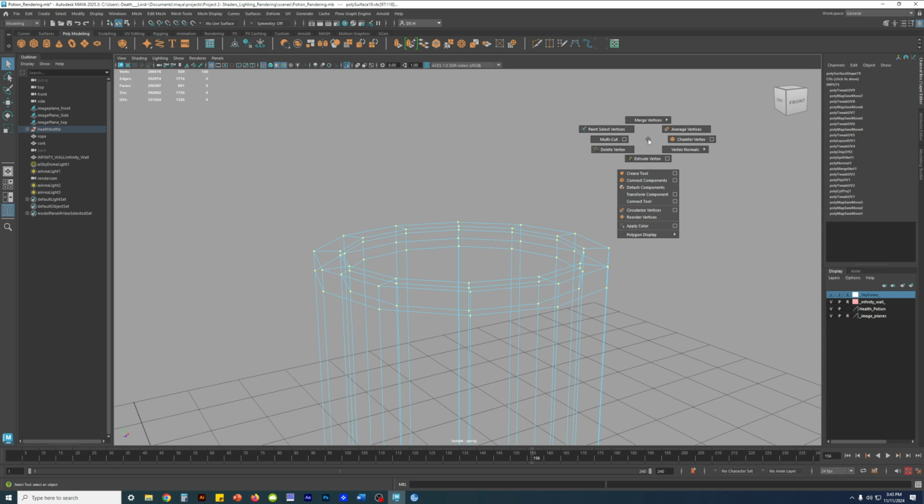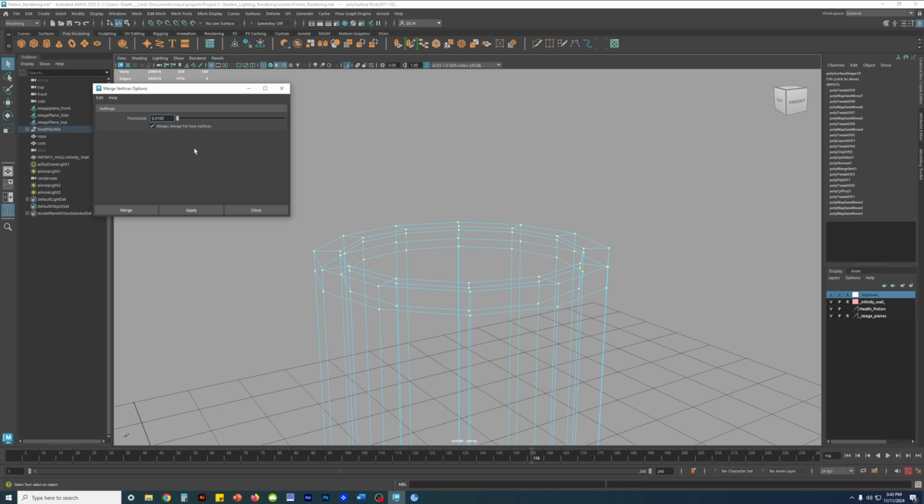I'm going to shift right click, merge vertices again. Let me go back. Hover over merge vertices, right? Merge vertices option box. And its default is set to, let me reset, 0.01, okay, this is the default. If I set to 0.001,